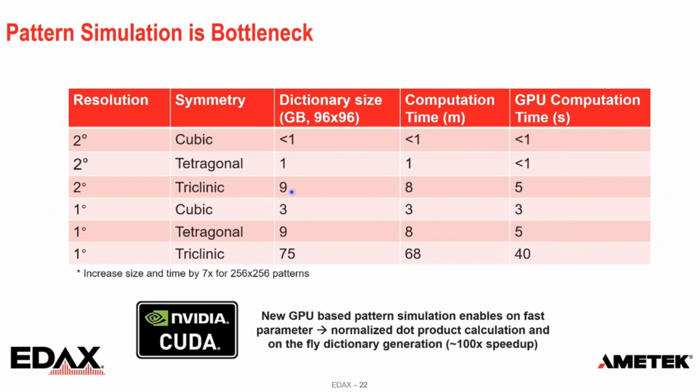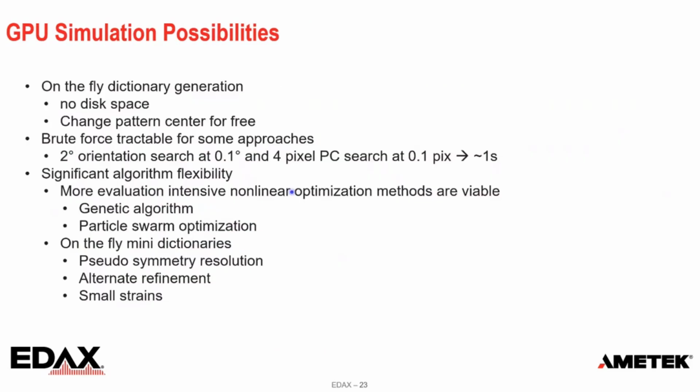And so what we have, I believe, coming out shortly in analysis is we've switched over from a CPU-based pattern simulation to a GPU-based pattern simulation. And this gives you a significant speed up. You can compute, instead of about 2,000 patterns per second, something more like 20,000 patterns per second. And that opens up a lot of flexibility because, first of all, if you are familiar